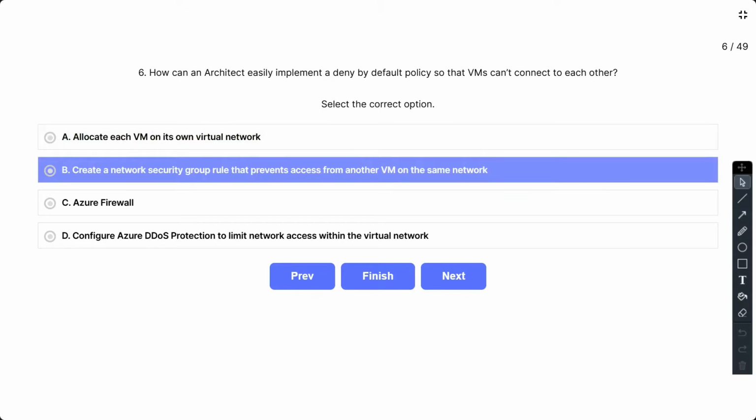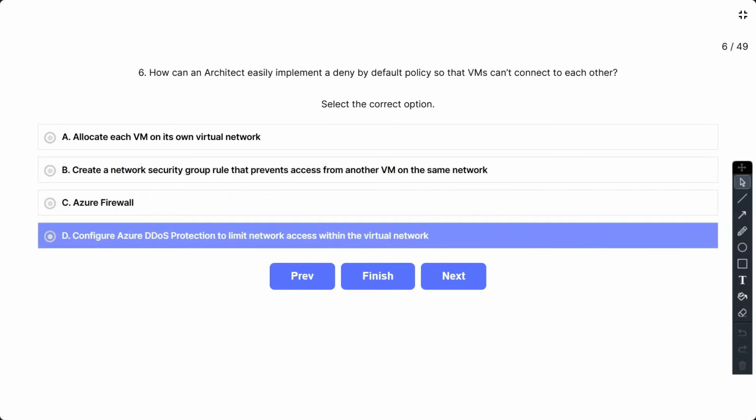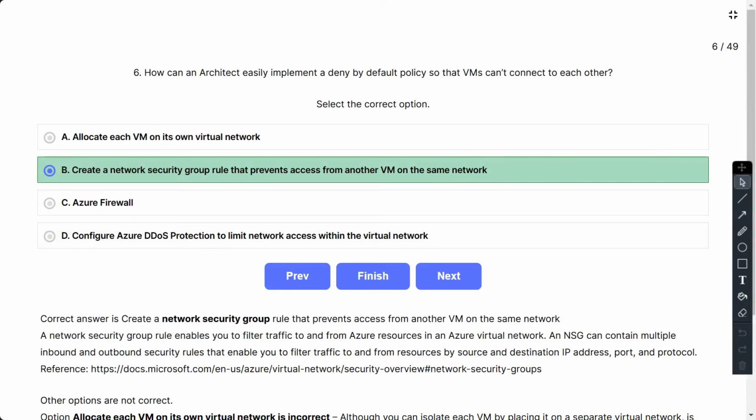B. Create a network security group rule that prevents access from another VM on the same network. C. Azure Firewall. And D. Configure Azure DDoS protection to limit network access within the virtual network. So the correct answer is B, that is create a network security group rule that prevents access from another VM